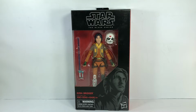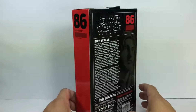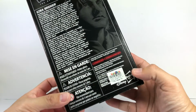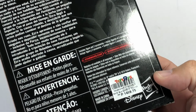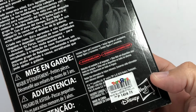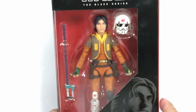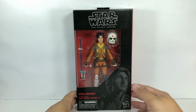This is the Star Wars The Black Series Ezra Bridger figure, number 86, and I picked it up at my local Toys R Us, which roughly translates to about $30 US. I know, very expensive. Yes, Toys R Us is alive and well in Asia because